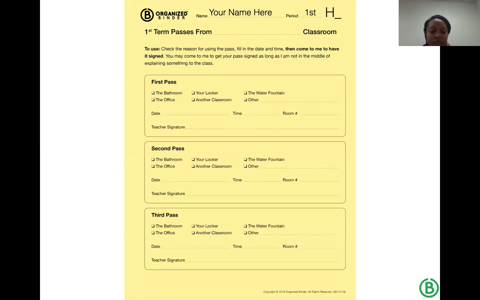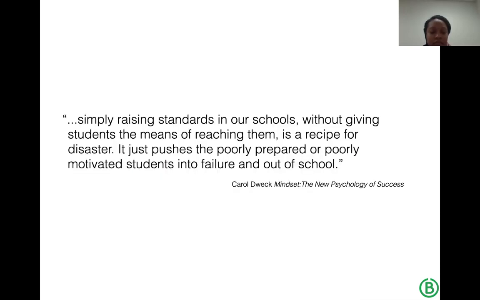But what most teachers do is, any of these that are left unused at the end of the semester are worth one missing homework assignment. So it has a little bit of weight to it. Nothing significant in terms of really moving the grade, but it allows for that. Do I need to use this? Because that's something that research is also very clear about, this whole idea of being able to self-regulate. And I know for a lot of us too, it's just a way of monitoring how many times someone is leaving the class. Again, if it's applicable to your setting.